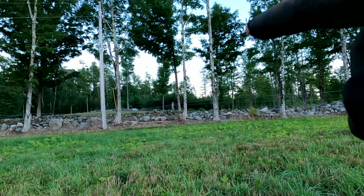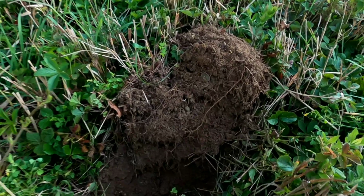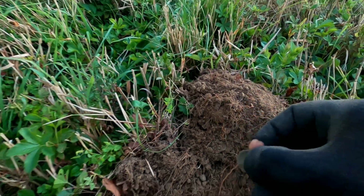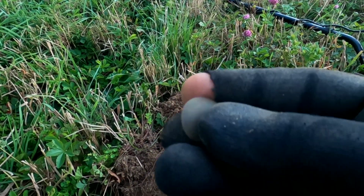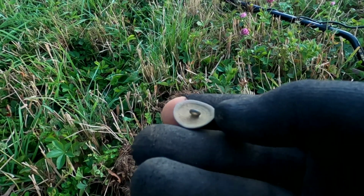That's where I started on the other side. I'm starting to think there's a lot of fill over there, maybe from way back when, but come over here. I dug a nice solid mid-tone. I got a button in the plug here. Nothing too fancy. I don't see any writing or anything on there, but hey, it's an old button and I'm